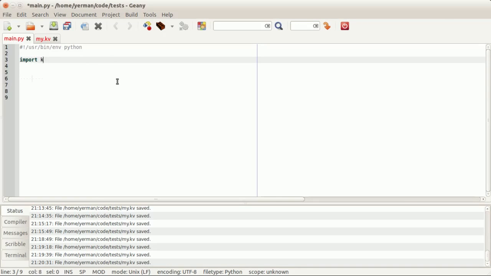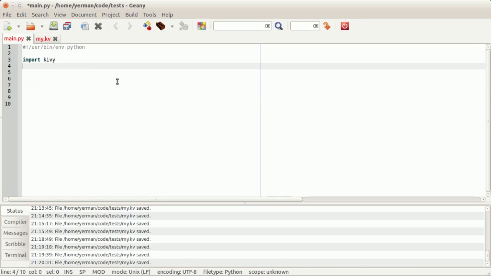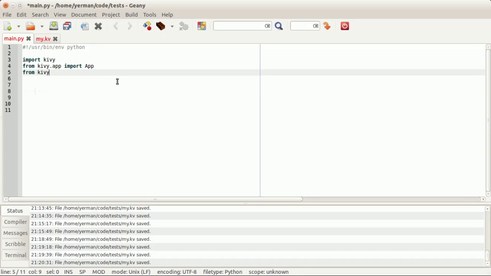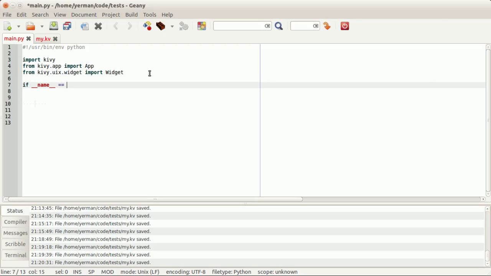So we're going to start off by importing Kivy, of course, and then from kivy.app import App, and from kivy.uix.widget import Widget. This is all we're going to need for the moment. I'm going to start from the bottom up because that's kind of how this works. If __name__ equals __main__,